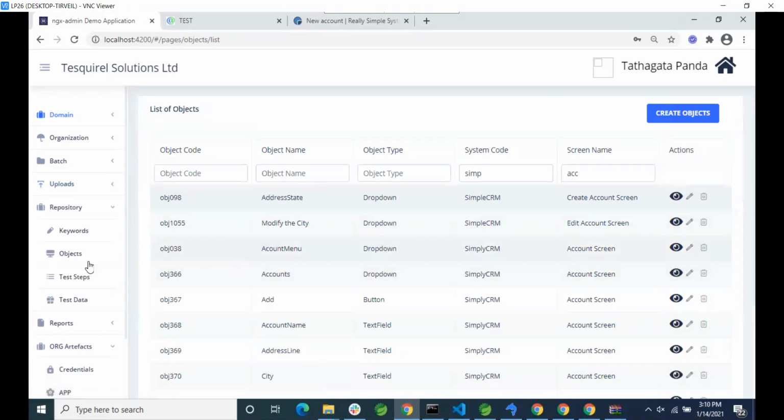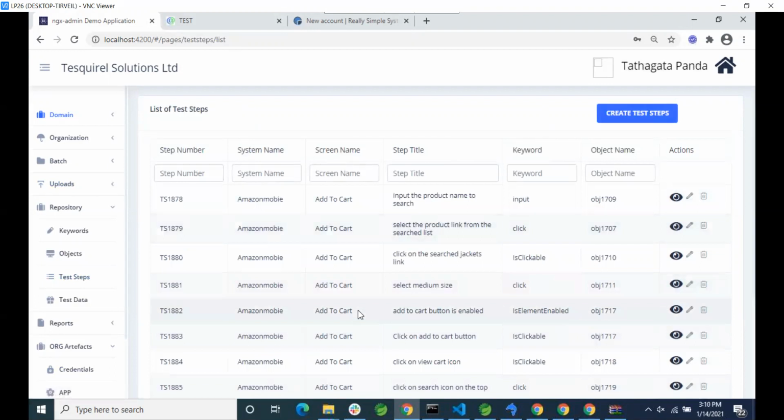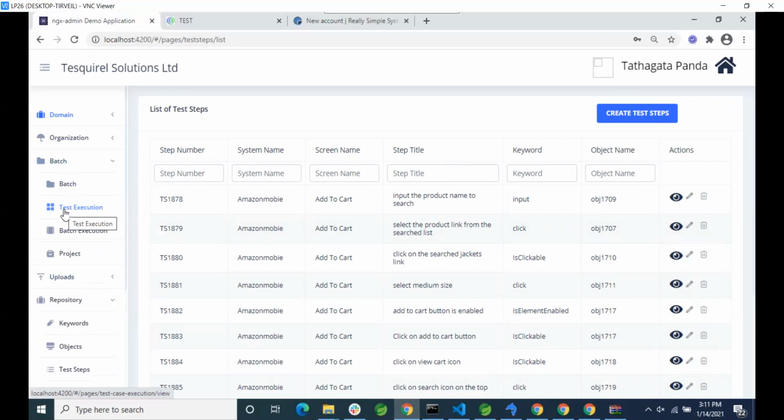Once the objects are configured, the next step is to configure the steps, which is nothing but the data flow in the screen. Steps are mapped to objects as well as to the keywords from the rich library of Certify. Certify also includes validation keywords that are used to verify the test execution results and the status. User can use Excel also to create these steps or can manually create it via the screen. All the test cases are mapped under a batch. For easy organization and management, we can group multiple test case screens in a batch.